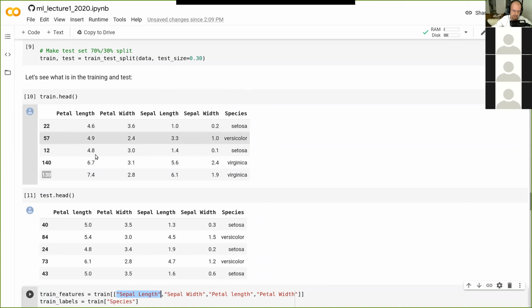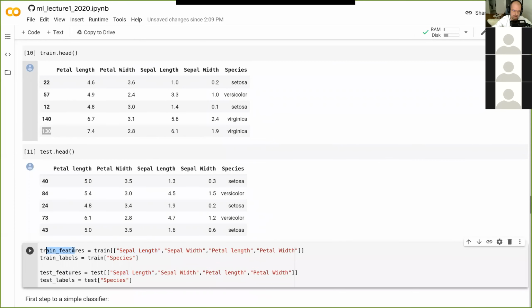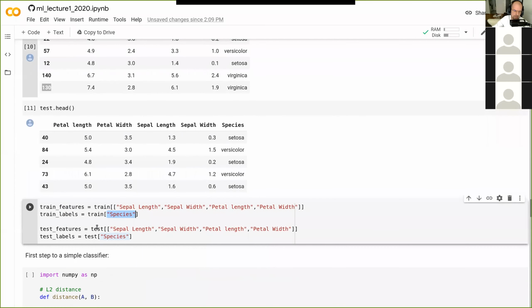So basically, this will now contain 4 numbers for each row. And our labels, the things that we want to actually predict in the end and train our model to predict, here I'm telling it to give me the column name species. And the same for the test set: here I'm taking out, again, the features that we want to use for the machine. And the test labels, these are our species. So again, there'll be this column here, and up here it would be this column here.